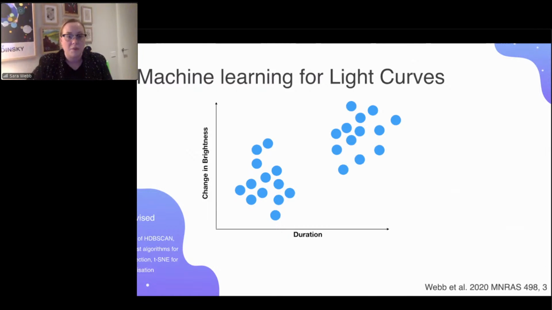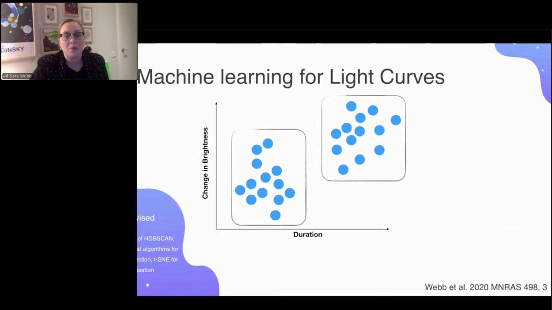So this is just an example here where I've taken a heap of light curves and expressed them in some property, so change of brightness over the duration of the event. And we can see in this dummy example that they separate quite nicely because they have different properties. In machine learning, we call this features, and we want to be able to extract as many features as possible for our light curves. And so we can think of these as just describing our light curve one-dimensionally. So we could have the median value of the light curve, the slope, the kurtosis, all sorts of things that just describe the time series, but collapse it down into one dimension.